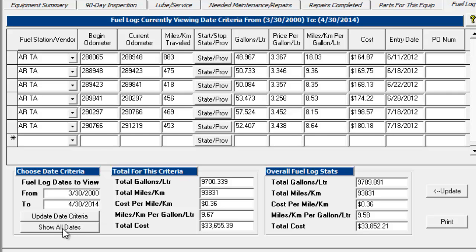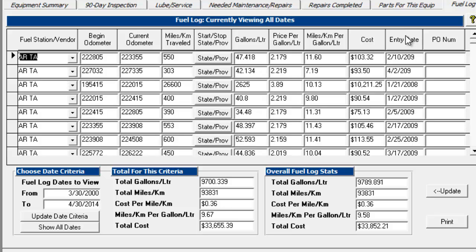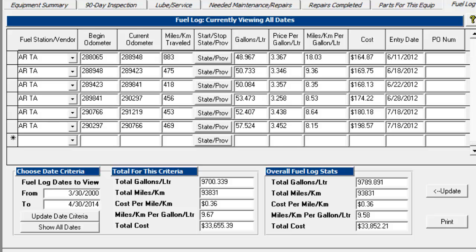So now if you click on Show All Dates, and then if we sort by entry date here, now it's going to show me the earliest date in the system that's been used. And you can see here that we've had two where 209 was used instead of 2009. So that's how you can correct those data entry mistakes and how you can find them in the system, so they will be displayed now. And next up,